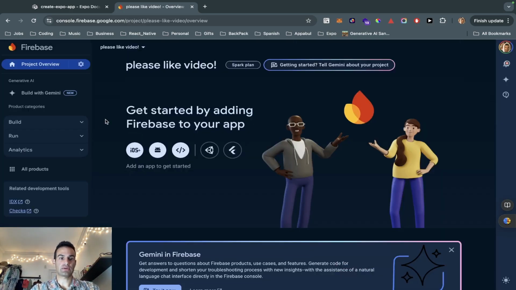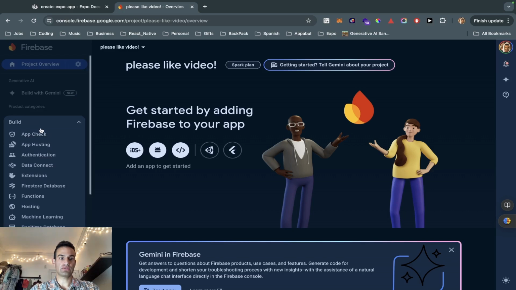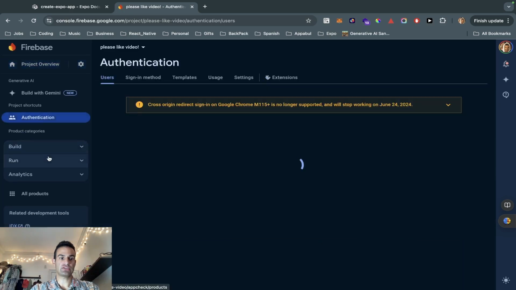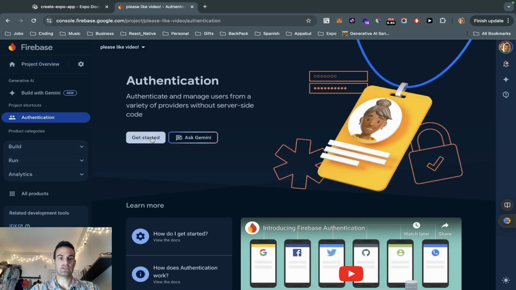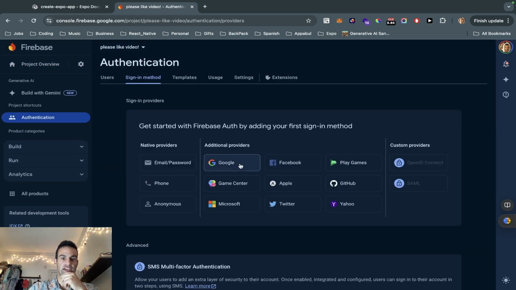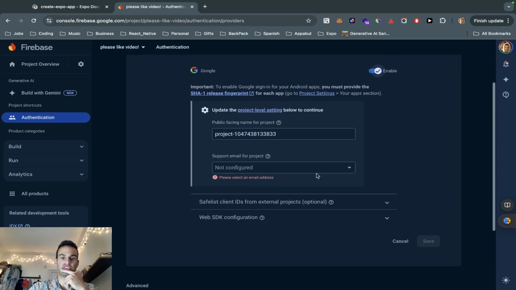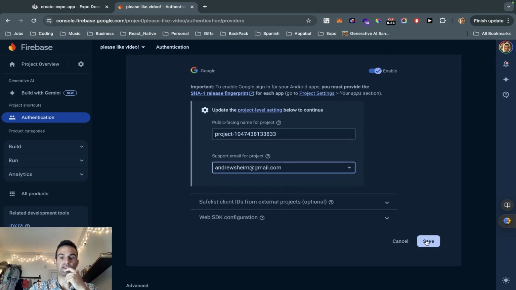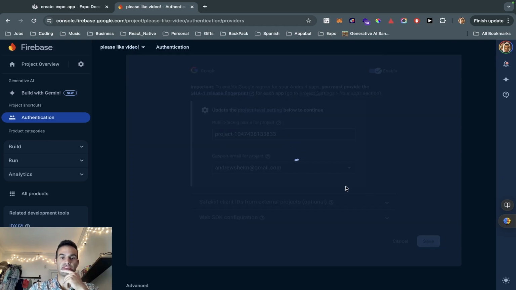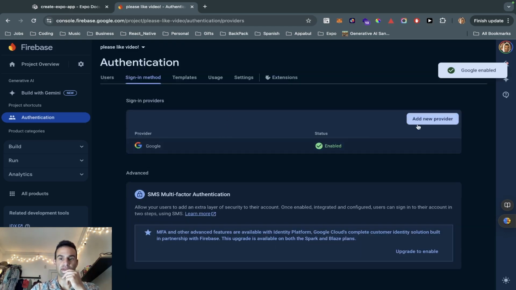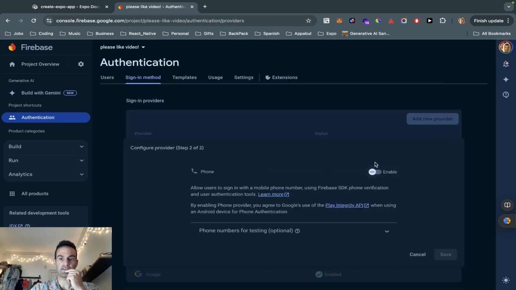Now I guess we'll set up our authentication first. The first thing we're going to do is go to authentication, get started. We are not going to be using Google, but we're going to set up Google first, specifically because we want to get the reverse client ID. That's sometimes necessary, maybe because we are using Google Android. I'm not 100% sure, but yeah, we're going to set that up. We're going to add a new provider. We're going to add the phone